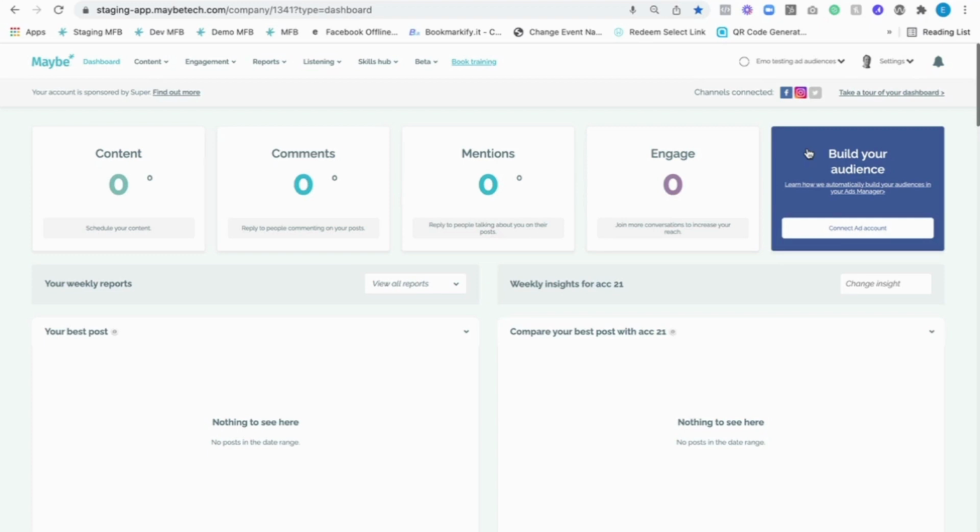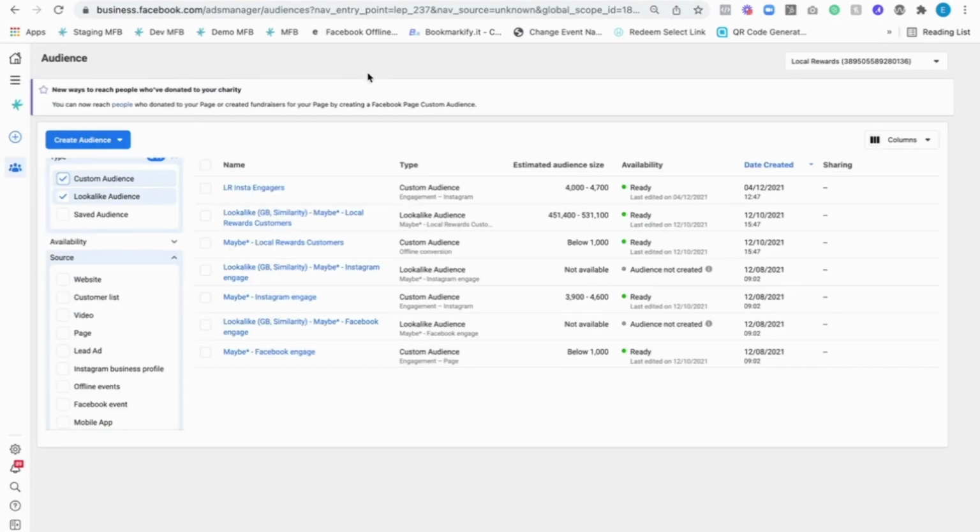I will now take you into Facebook Ads Manager so you can see an example of how those audiences look once they've been placed in there by Maybe. So in order to start the process, you actually just need to simply connect your ad account. Let's just jump across into the Facebook Ads Manager. If you're not familiar with this, we do have other videos covering this topic. So this is the audience area within Facebook, and you will see here that we have a number of audiences